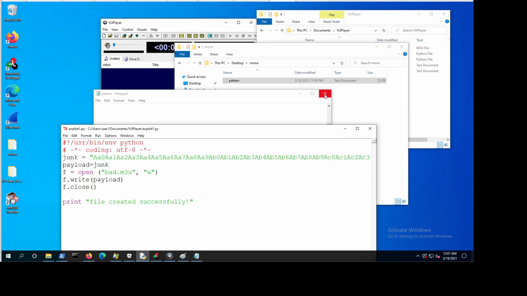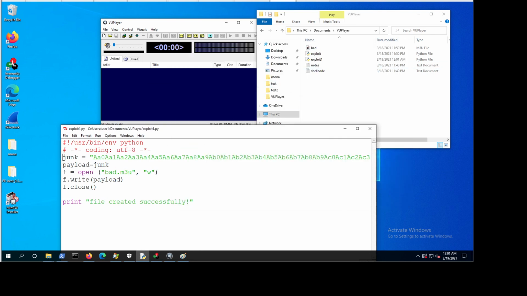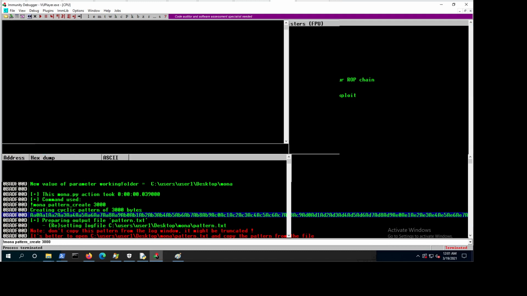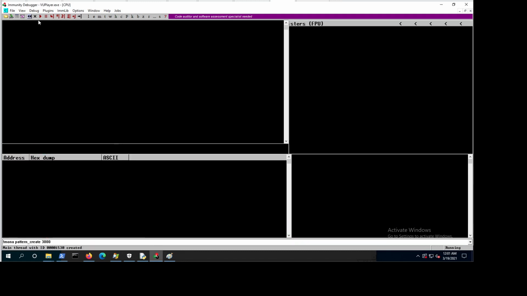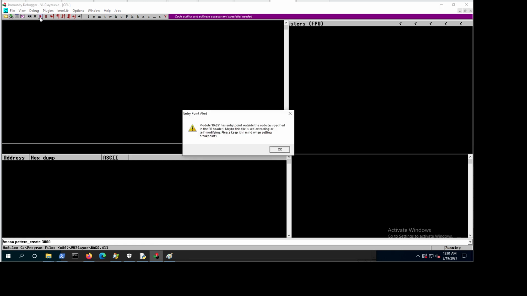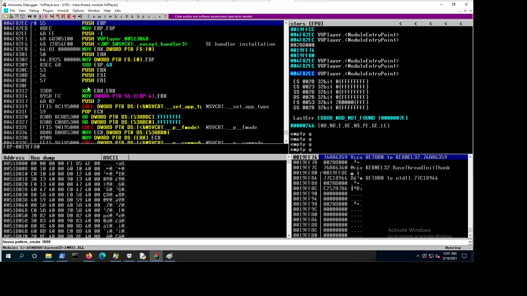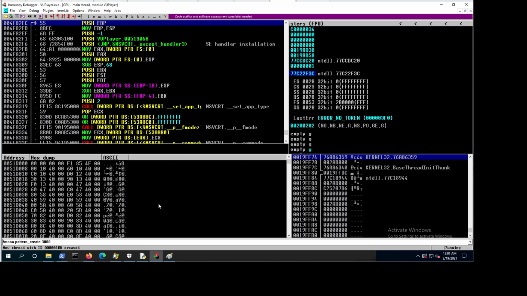So now we can close this. We don't need it anymore. And now we can run this again. Let's restart our application because it's already paused, crashed because we crashed it. So let's restart that, okay? And let's hit okay, and let's start the application. Okay,